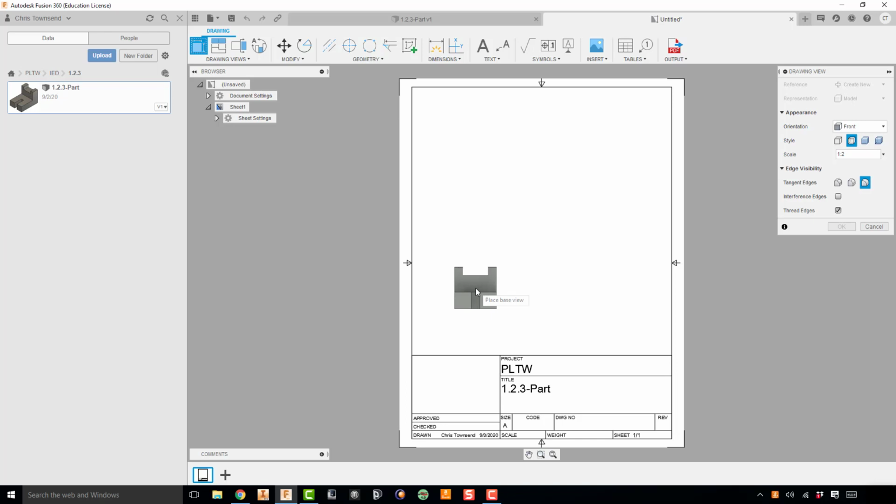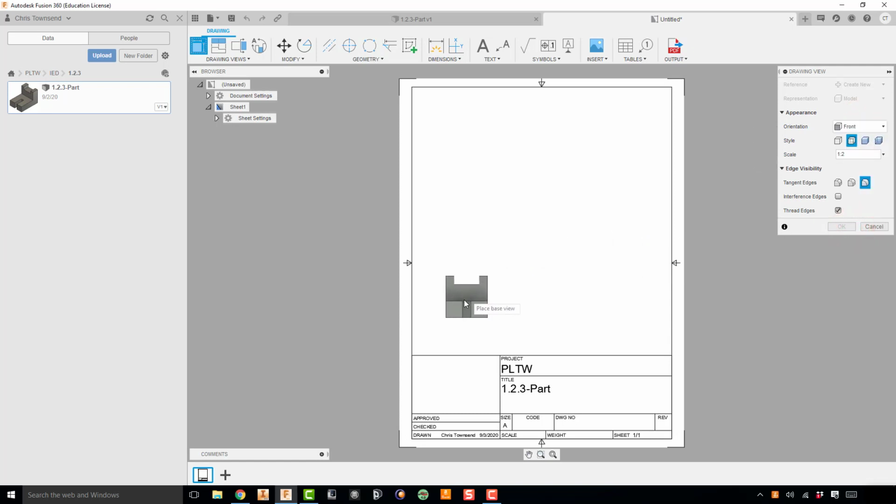So you notice it says Place Base View here, and then if I go over to the right, I have my drawing view panel, and I have some options in here. So if you created your part correctly, this should be showing the front view of your part, which it is right now. This is the front view of my part. Over here in the panel, I can go to Orientation, and I can choose a different view. So let's say the right view, and it'll switch it over so I could place the right view into the drawing. I don't want to do that. I want to go back to the front view,